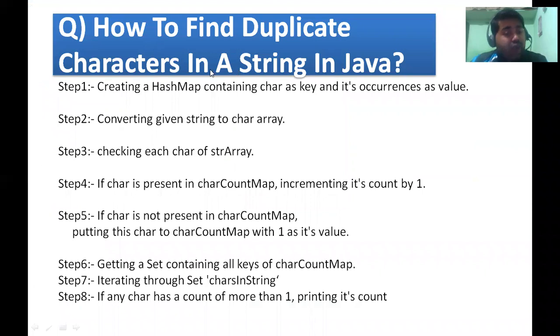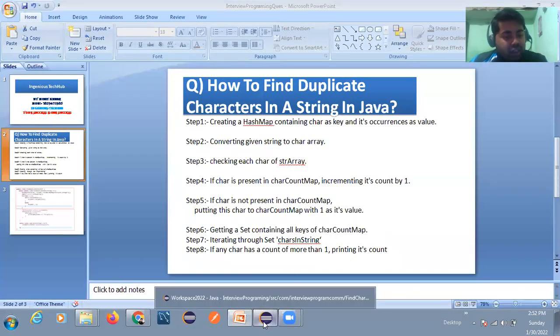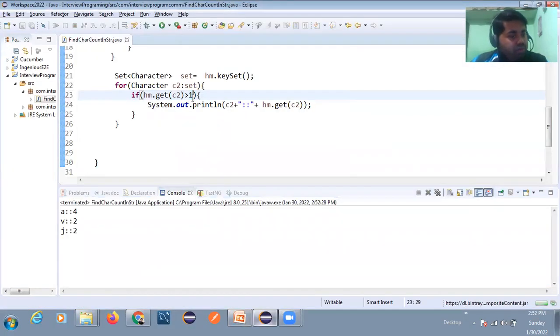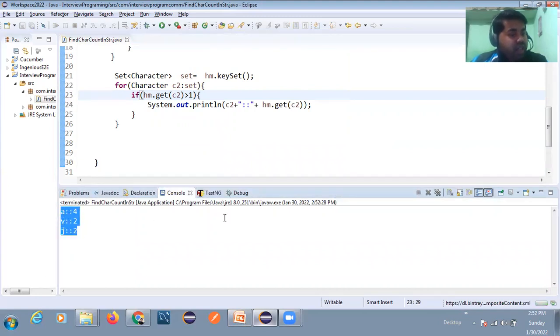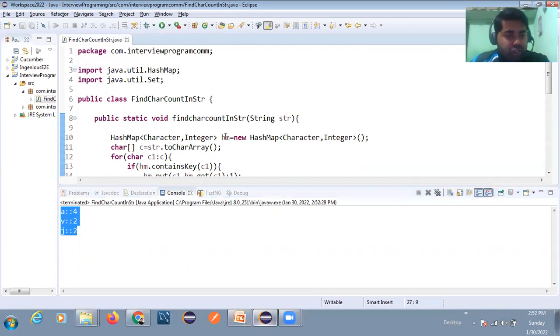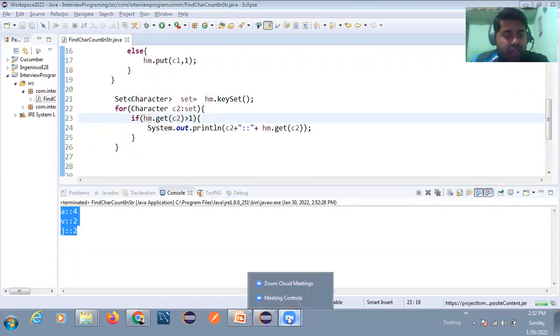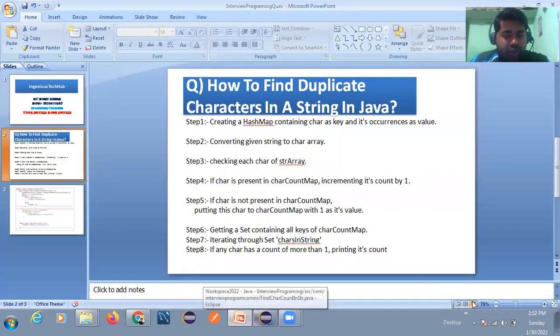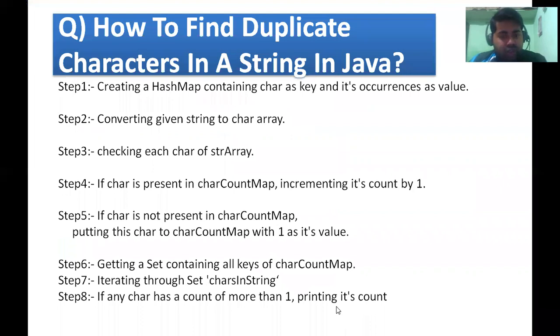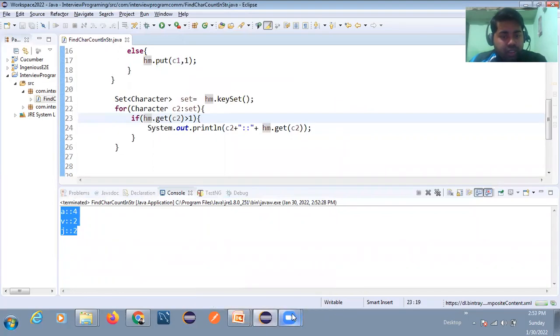The question is how to find the duplicate character. Here we are able to find the duplicate character, and this is a very common question. Here you can just put the condition as per the requirement, and definitely you will have more clarity about that. So that's all about this session.